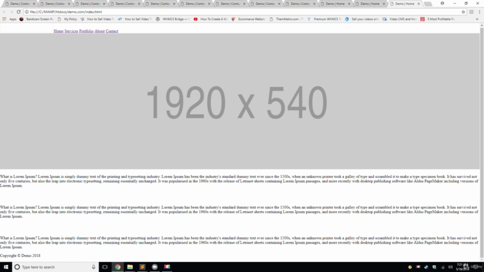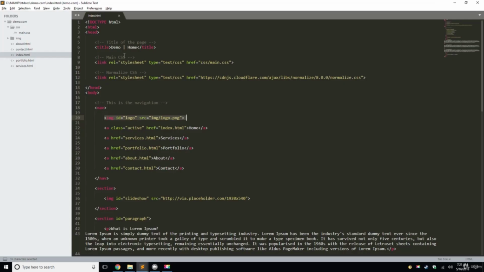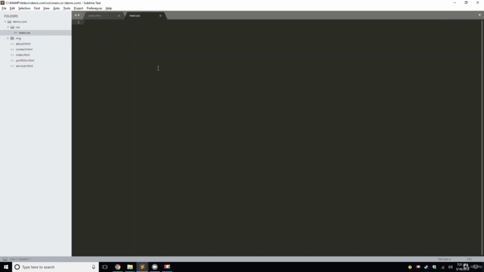So if we go into our CSS, we're going to go to CSS, main.css, okay? And the first thing I want to do is give the body of the page a font family of Roboto. Okay? Now what we're going to do is comment out the next section, which is navigation. Okay? And we're going to do nav, curly braces,